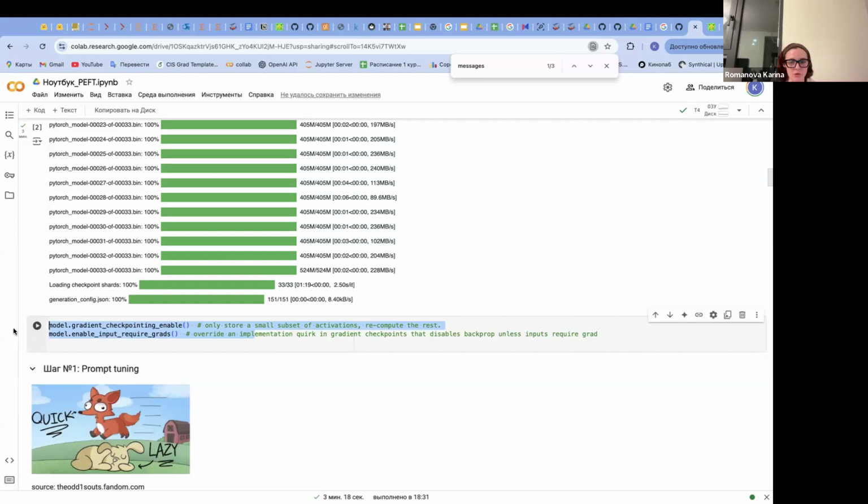The time cost depends on the number of layers being computed, and gradient checkpointing requires careful selection of which activations to save and which to recompute, potentially increasing implementation difficulty. So we can use it like here. We can just apply a method in Hugging Face to use gradient checkpointing, and then we go into prompt tuning,